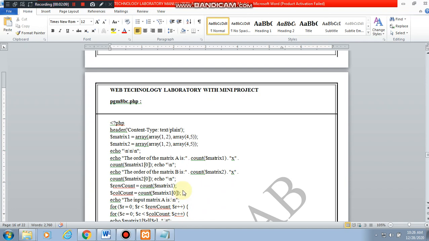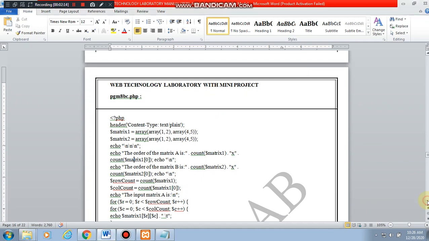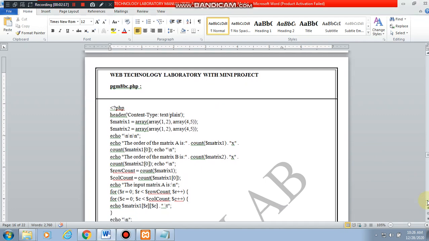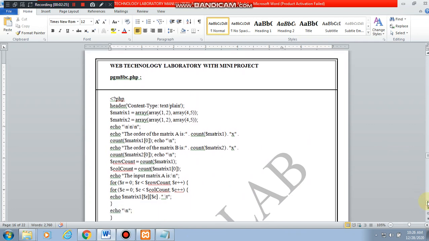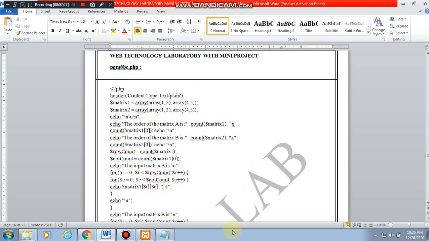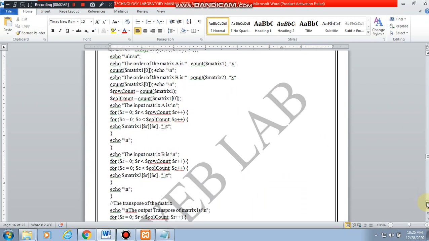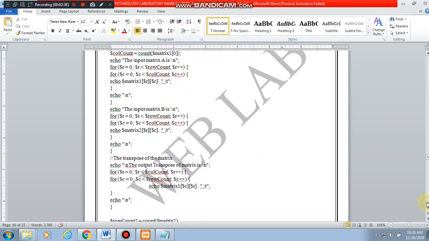And you know the simple methodology to read the matrix elements is by using two for loops. You are starting from 0 to number of rows and number of columns, and just printing that respective row and column. The logic is almost similar to your C program. And then you are printing the other matrix also, the second matrix. Then the transpose of the matrix is calculated, where you are interchanging the rows and columns. So you go first columns and then rows, that will do the first part of the job.